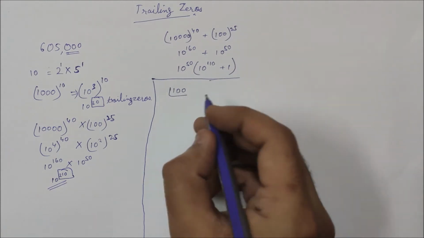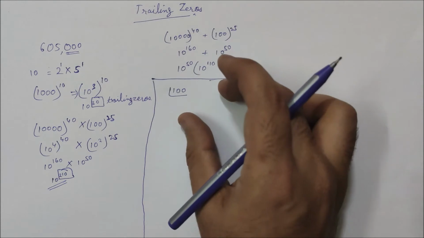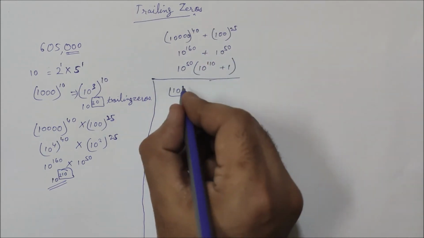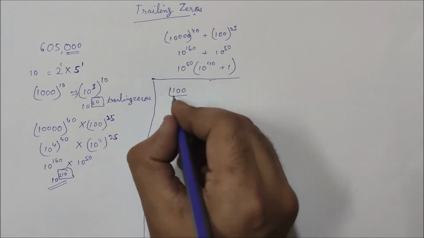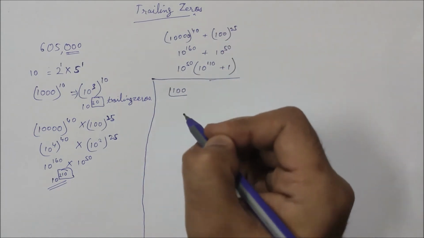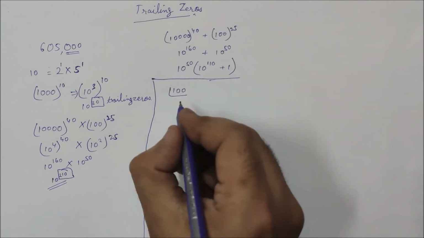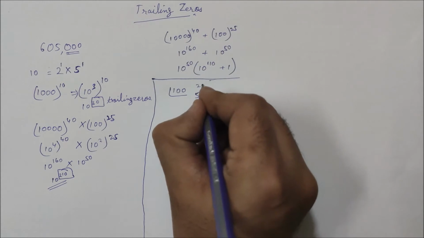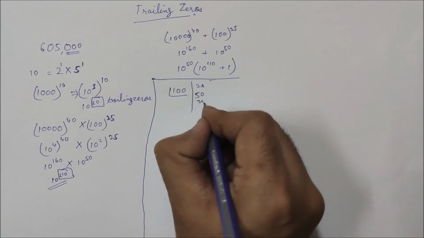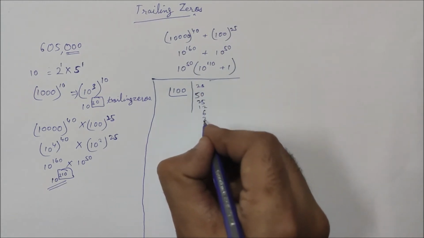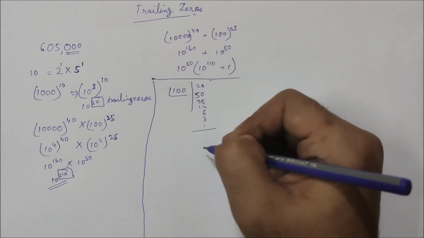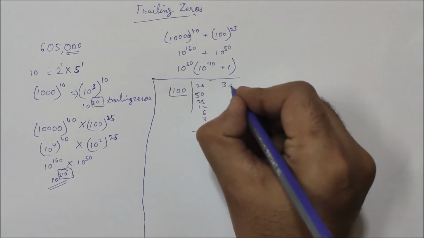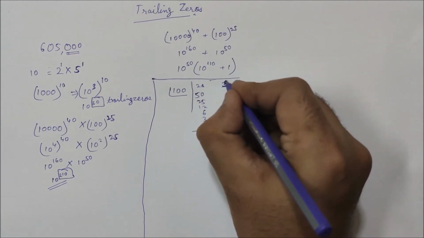If I check for the 2's, we have already discussed this in the process when we were doing prime factorization for factorials. So calculating the powers of 2, I'll just keep on dividing the number by 2 until the remainder is less than 2. So 100 divided by 2 will give me 50. So these are 2's that are present: 50, then 25, then 12, then 6, then 3, and then 1. So there are so many 2's present. I'm not calculating it because it's just a waste of time.